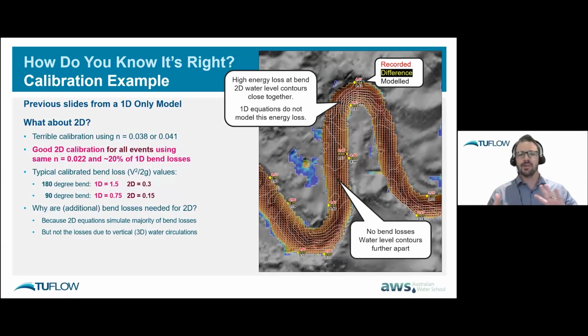Yeah, and so just to reiterate what I touched on a second ago, the reason why you need these additional inputs to account for energy losses in the 1D and the 2D solutions is that in 1D, it doesn't take any account for those at all, so you need to manually specify it. In 2D, the scheme is accounting for energy losses in the horizontal, so moving left and right, but not in the vertical, so not as you move up and down the water column.